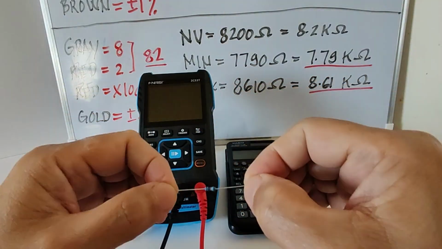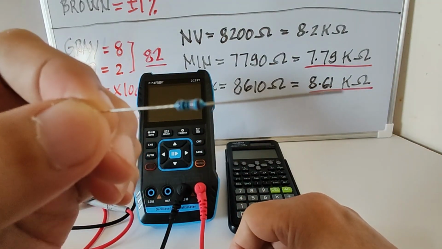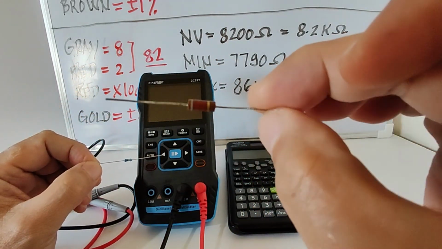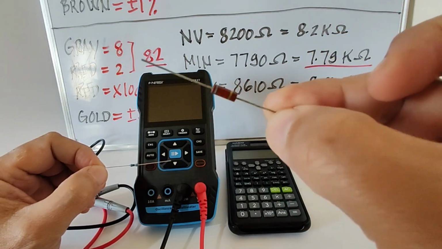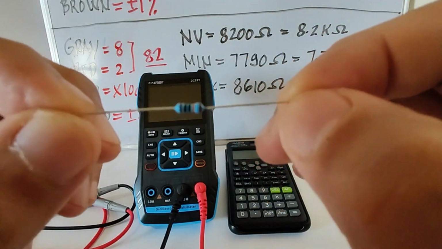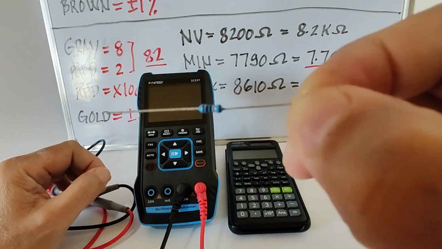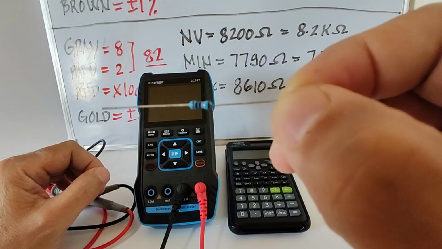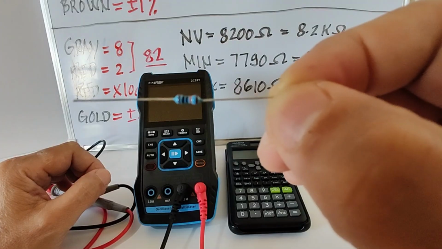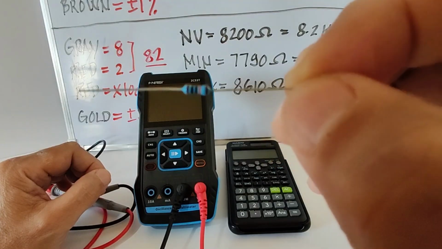Now let's have an actual demo on how to determine if a resistor is good or bad. I have two resistors here. One, the blue one, is a 5-band resistor. And the brown one is a 4-band resistor. If you take a look at the color code for the 5-band resistor, let's take this 5-band resistor first. The color bands say that the first color is brown, the second color is black, the third color is black, the fourth color is orange, and the last color is brown.